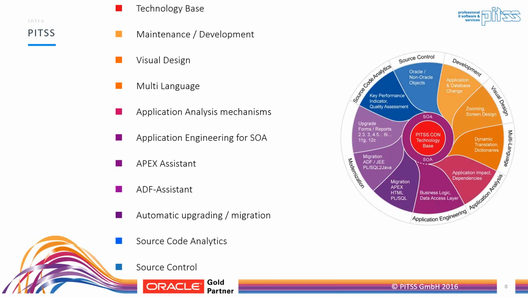Therefore, our solution PITSS.CON offers a huge stack of functionality. It's known as a very innovative product for analyzing and maintaining forms and even supporting the evolvement of these applications, whether to the latest Oracle technology stack, but also to new infrastructure, to new architecture that we're talking about today, like